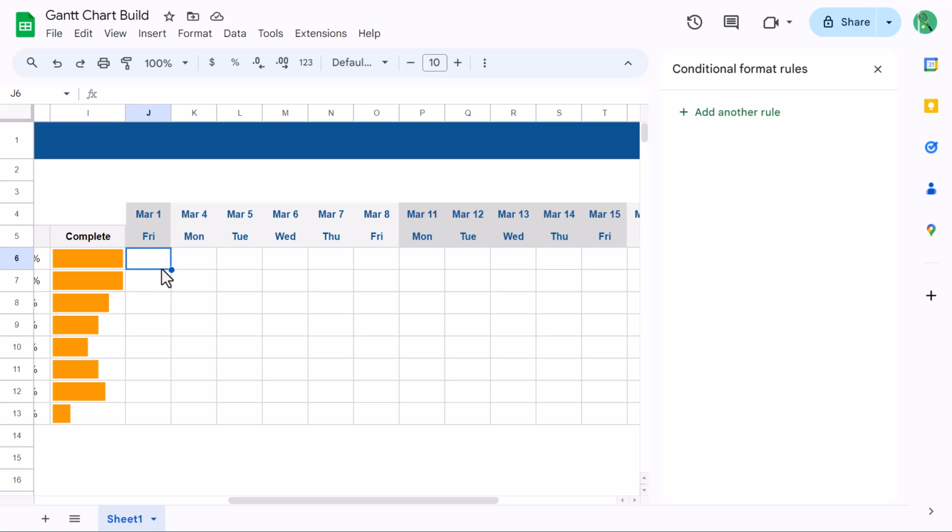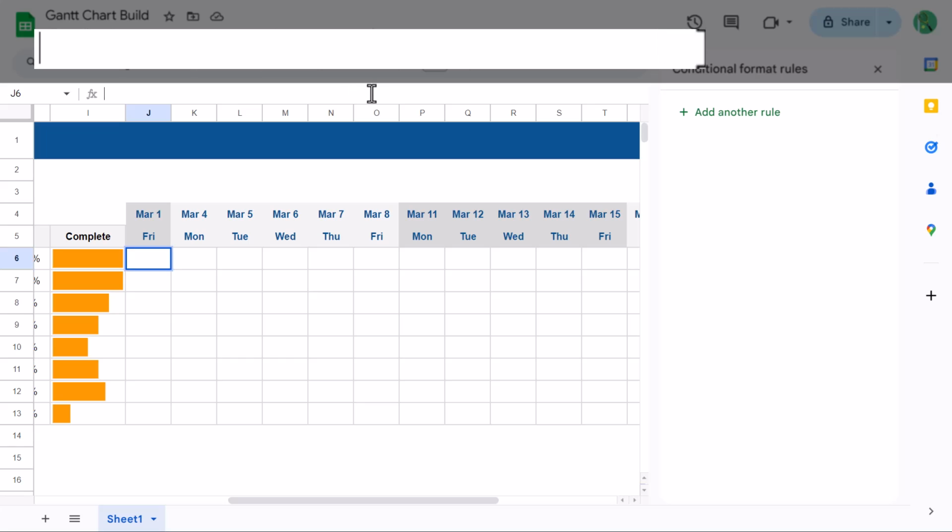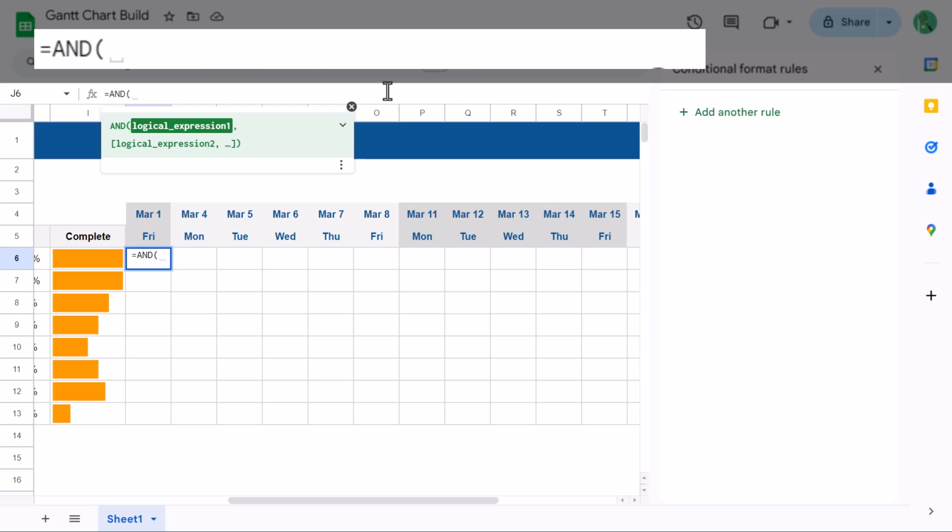So the goal is to write a formula that returns true if the date happens to fall in the range of the start and end date for each particular task. So in cell J6, enter the following formula: =AND( $E6<>, and this represents "do not equal," by the way. Then type in two quotes,